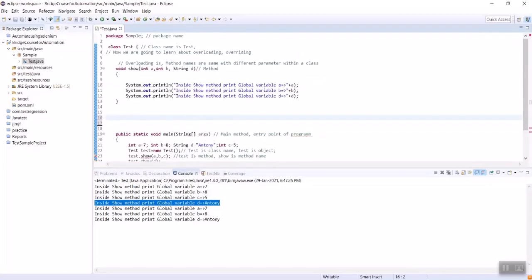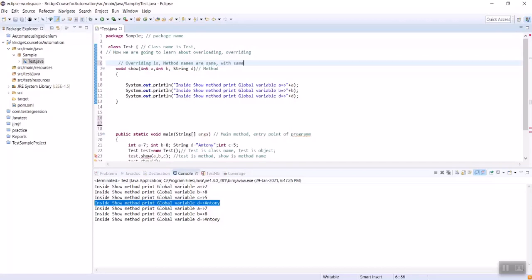Now we are going to see overriding. So what is overriding? Overriding is the same method, same parameters, but from different classes. That is called overriding.